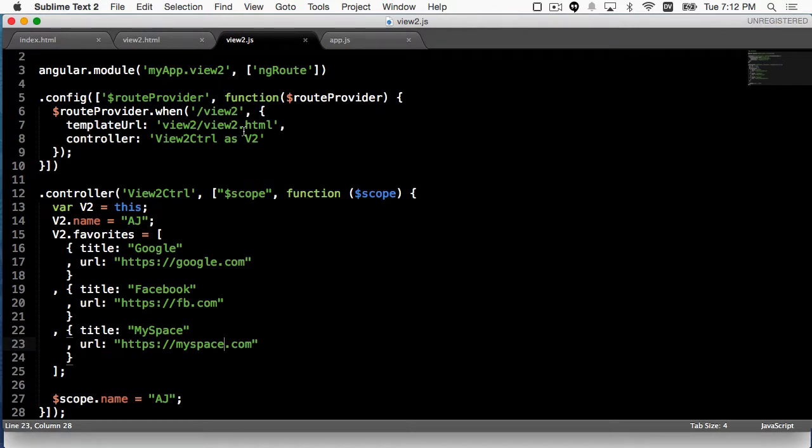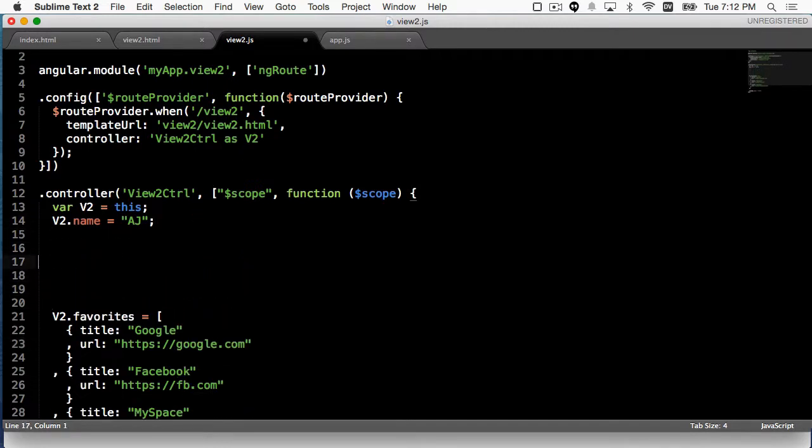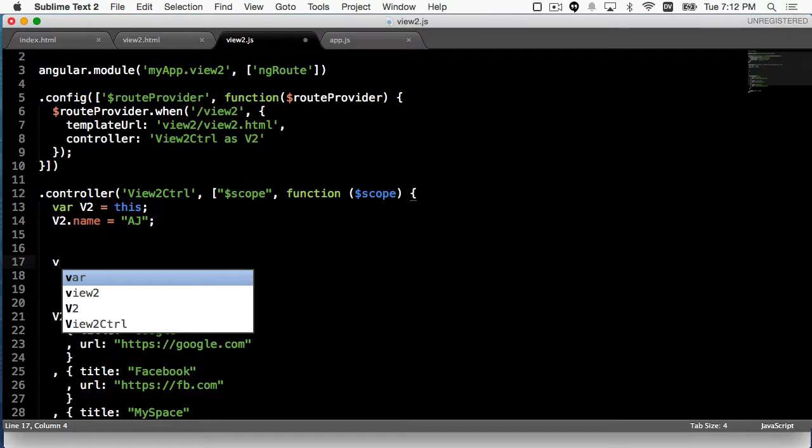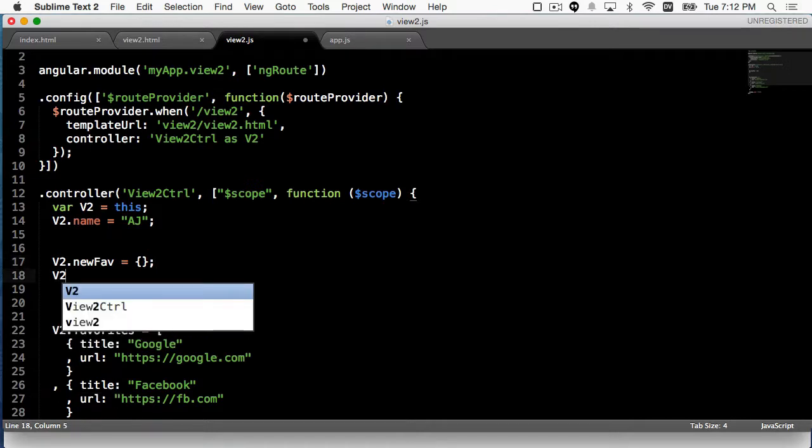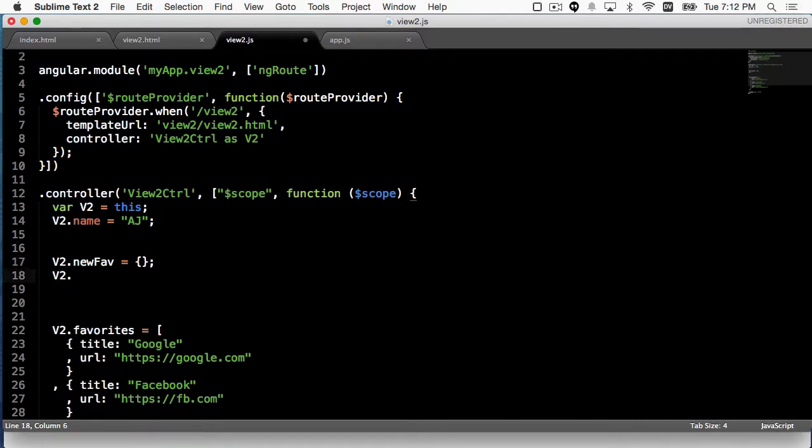So going back to the controller, I would do v2.newfave equals blank object, just for my own sanity, but as you saw, Angular can do it itself. Now what we're going to do is bind that to our list of favorites. So I'm going to have submit fave equals function,